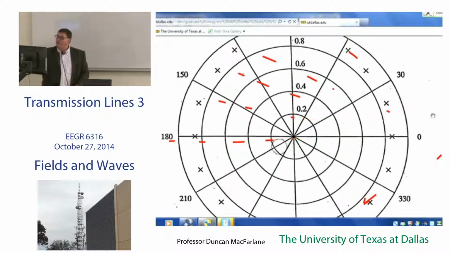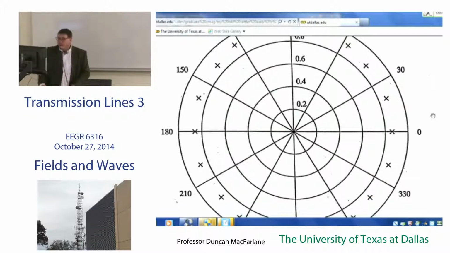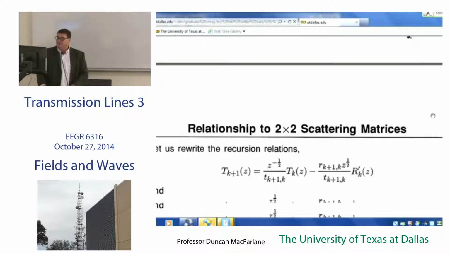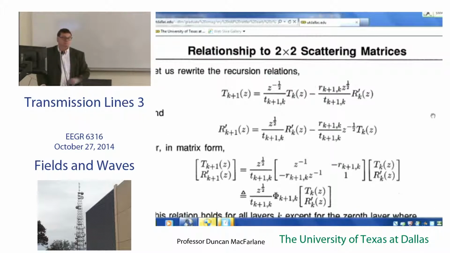Again, all tricks from another part of electrical engineering that belong in electromagnetics of these kinds of designs. Okay? It can get more complicated if you want. You remember those forward and back equations? Well, we can